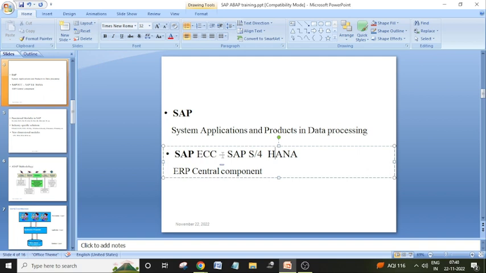Performance wise, SAP S/4HANA is the best because it is running on an in-memory database called HANA. What do you mean by in-memory? Keeping the data in RAM level. Accessing data from RAM is much faster than from hard disk. Okay,